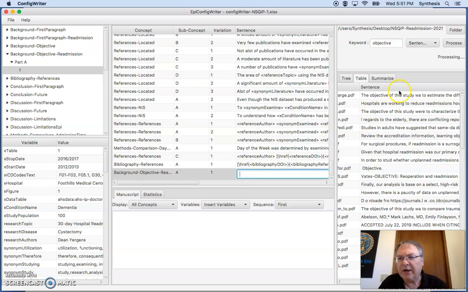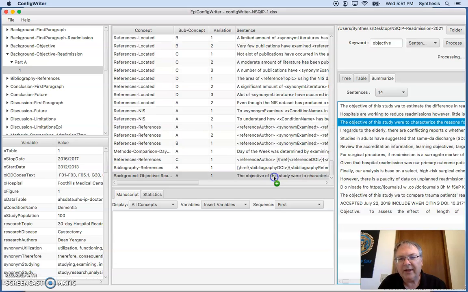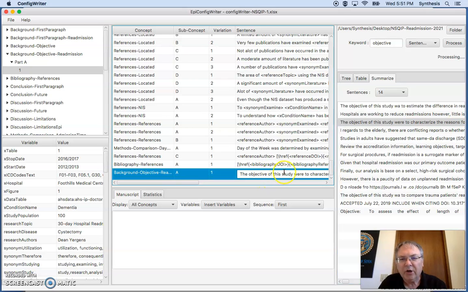So if we were to return to summarize, we have the objective of the study was to estimate the difference, or the objective of the study is to characterize the reasons. So what we can do is take that sentence that we want. We can then drag it across, and it then goes, the objective of the study was to characterize, and